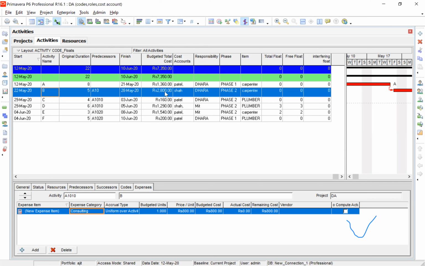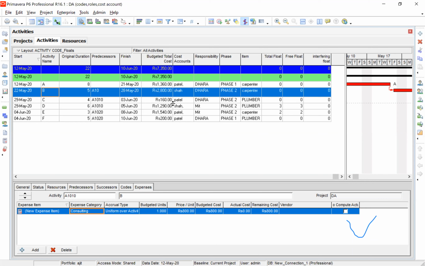So this is about the three things we have seen. That is the expense. Now, suppose you want to have that expense column in Microsoft Project. What you can do is add a column called Cost 1. There are Cost 1, Cost 2 to Cost 10, like we have Text 1 to Text 30. So you can add Cost 1 in Microsoft Project, rename it as cost accountant or expenses, and in the lookup values you can write whatever is in Primavera. So you can configure Microsoft Project like Primavera also. This is not there by default in Microsoft, but I'm showing you that it is there in Primavera.